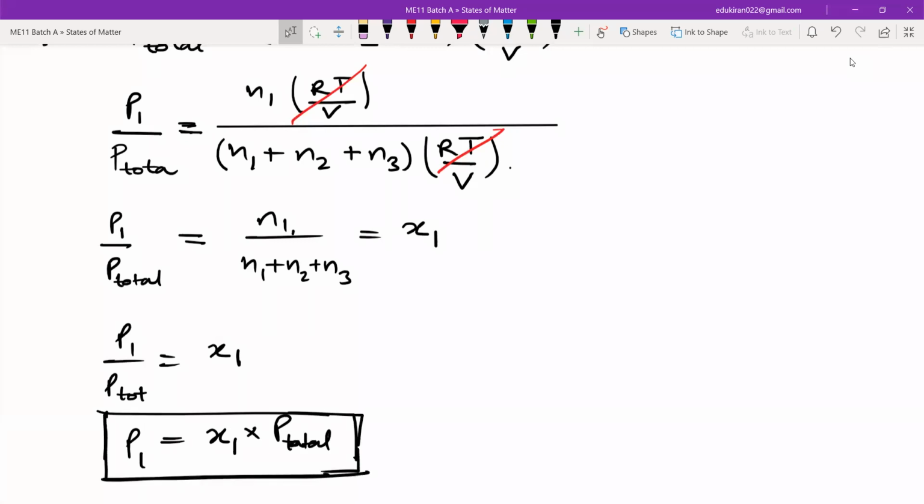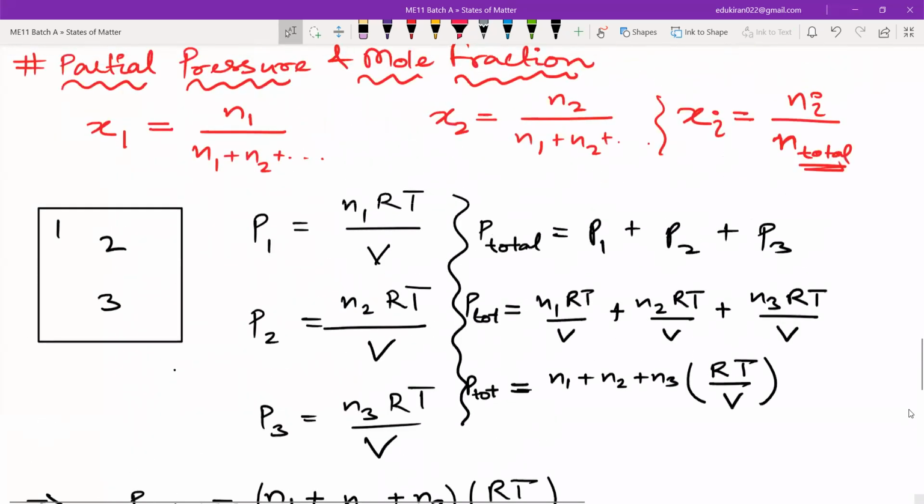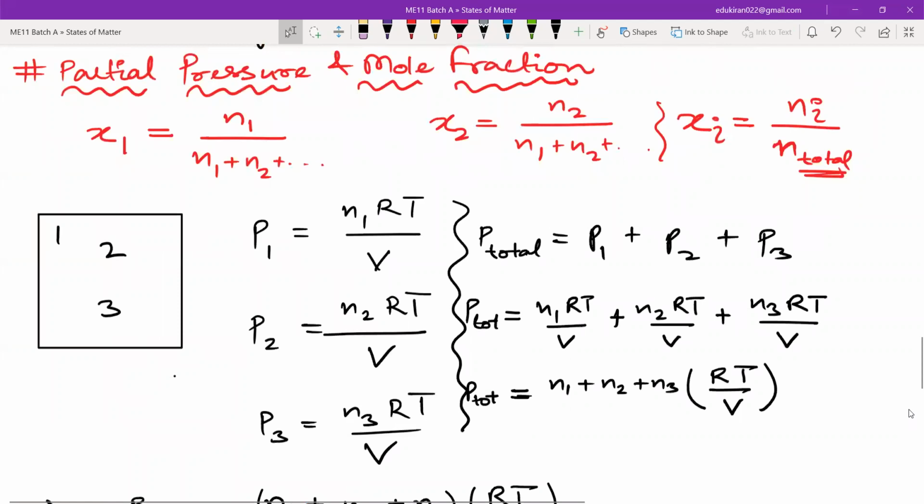Partial pressure of a gas is equal to the product of the mole fraction and total pressure in the container. Okay. So from now you can write these things. While you are writing, please try to understand also. I think mathematically it would have been clear. Just absorb it now while writing. I hope no one has written.